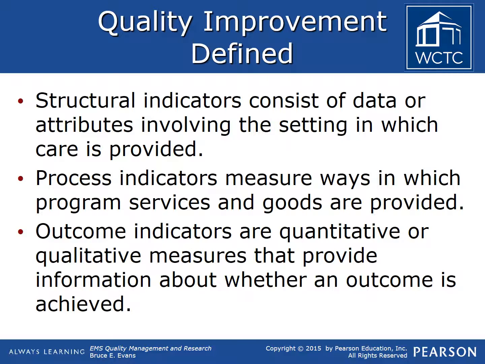The last indicator is an outcome indicator, which evaluates the change in a patient's subsequent health status in response to a clinical intervention. It is a quantitative or qualitative measure that provides information about whether or not an outcome has been accomplished. Outcome indicators are often considered to be lagging indicators of quality because the data is routinely compiled after care has already been provided. If an outcome indicator finds a problem, that problem cannot be fixed in time to help the patients that were negatively impacted. Additionally, it is usually necessary to consider multiple outcome indicators together to evaluate quality, as a single outcome indicator on its own may not be very probative.